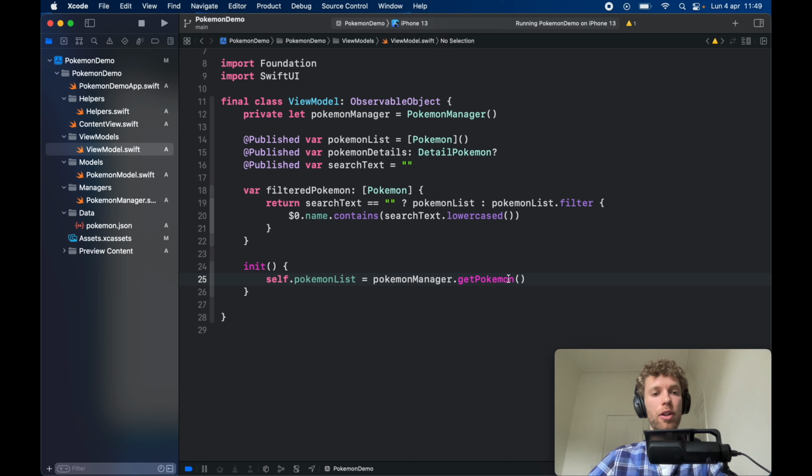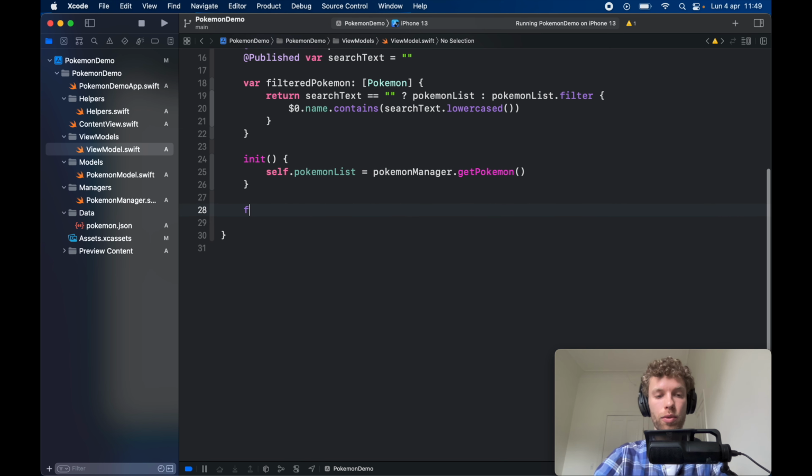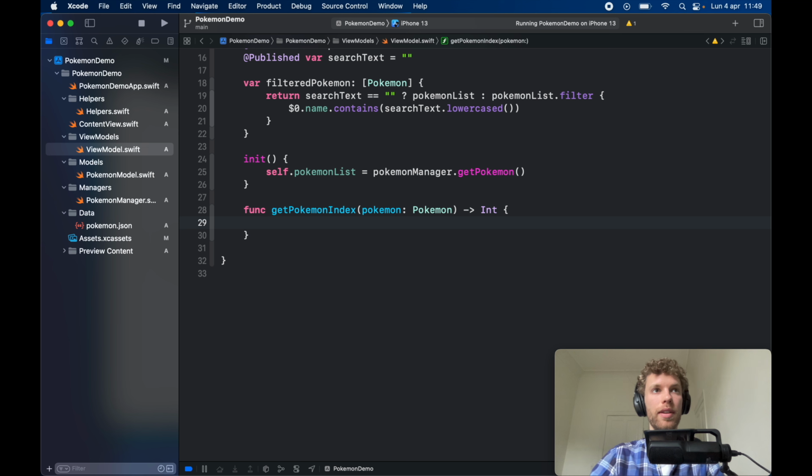Now, there's actually very little we have to do inside here. We just need to get the Pokemon index and get the details for the Pokemon. So to do this, we're going to first start with the first function, which is getPokemonIndex, and this is going to require a Pokemon of type Pokemon, and it's going to return to us an integer. So inside here we're going to write if let index equal self.pokemonList.firstIndex(of: pokemon), and if we can find it, we're going to return the index plus 1,